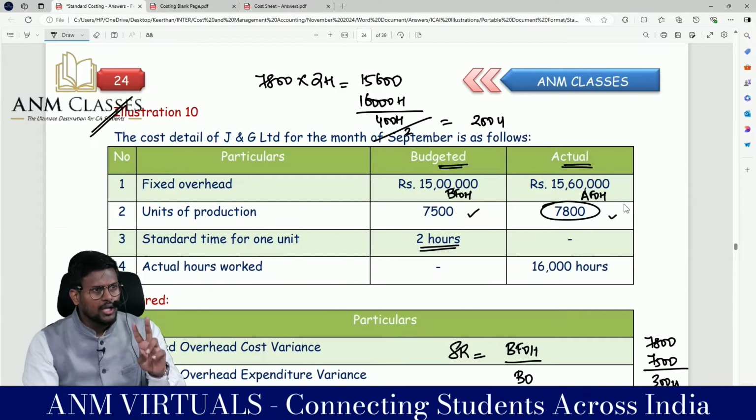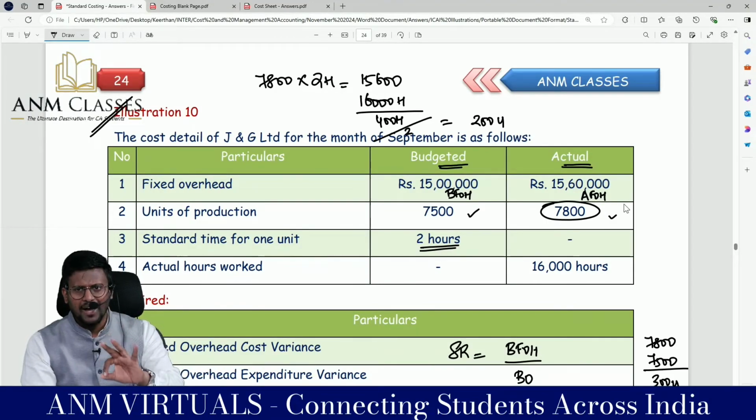That means my volume variance should be favorable. I have manufactured extra. Are you really with me? Every unit will absorb the standard rate. That I can find out the